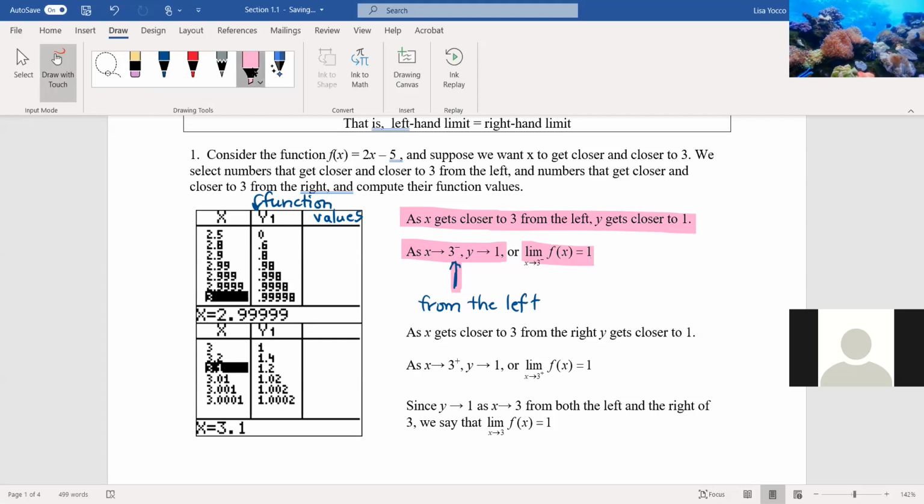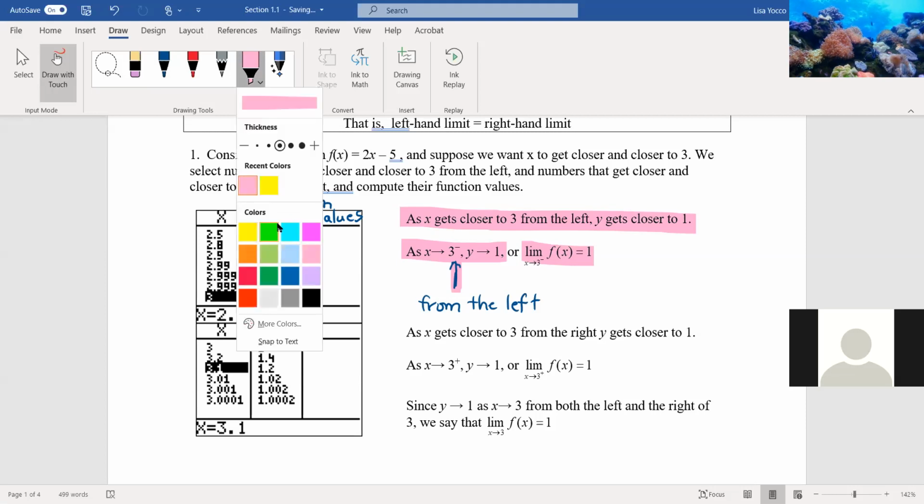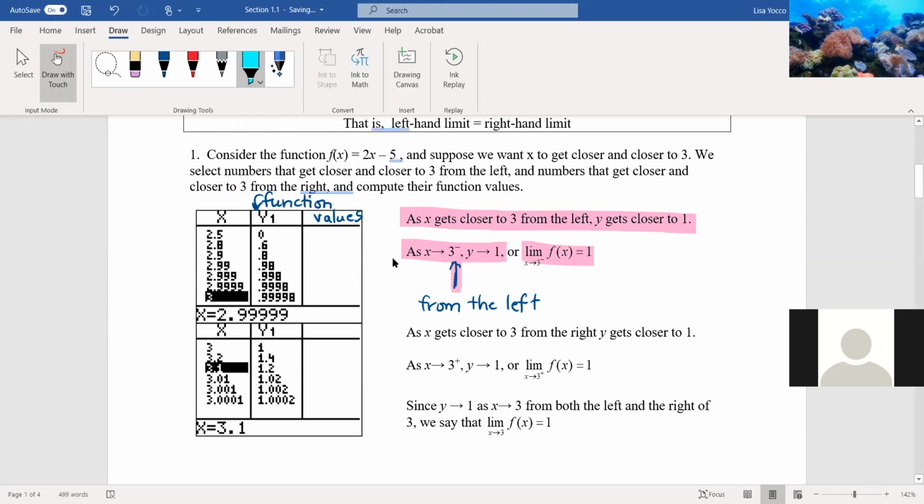The next little table, we're talking about x getting closer to 3 from the right. So the x,